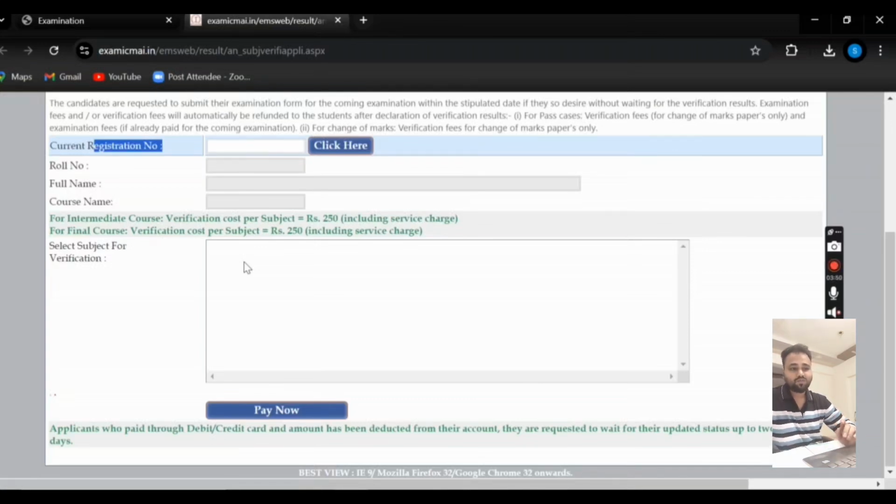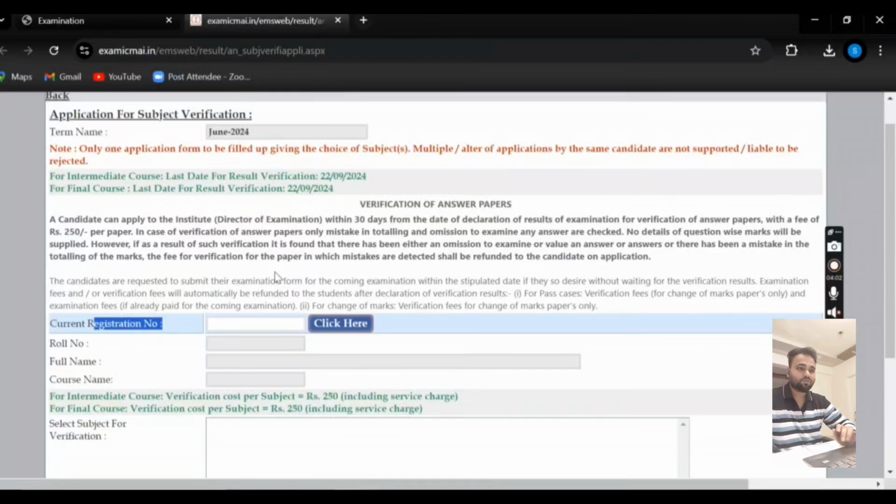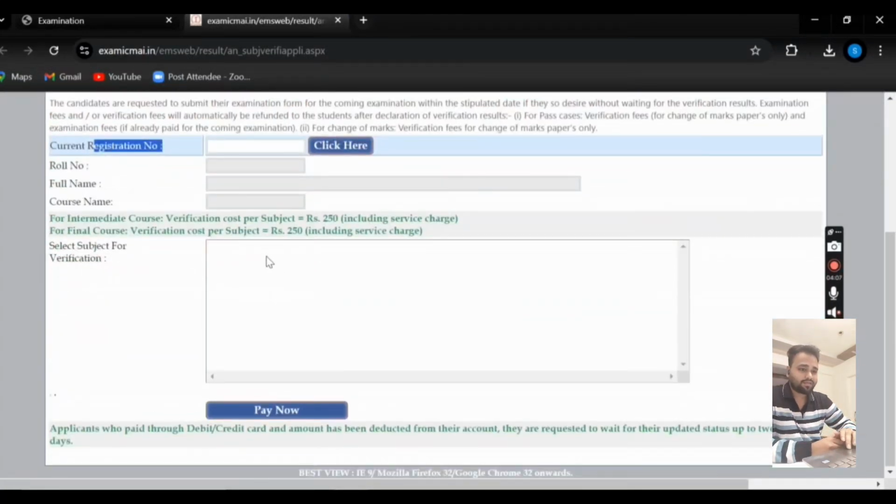Otherwise, if you have passed a subject and you have clicked on it, the re-verification will apply to that subject also, which is not a favorable situation for you. So while filling this application form, you should be very careful and choose only those subjects in which you are confident that you should get more marks,